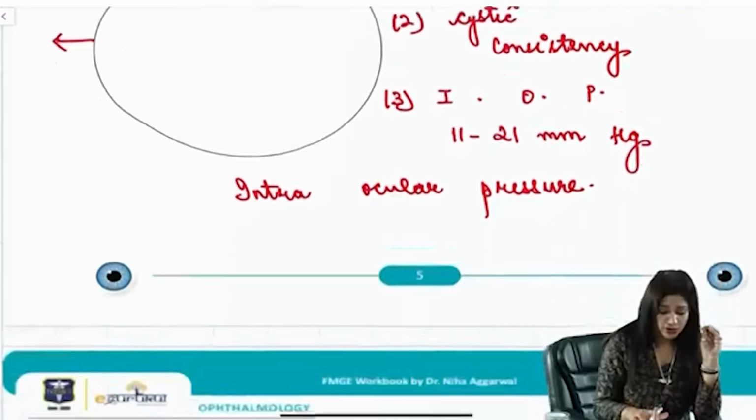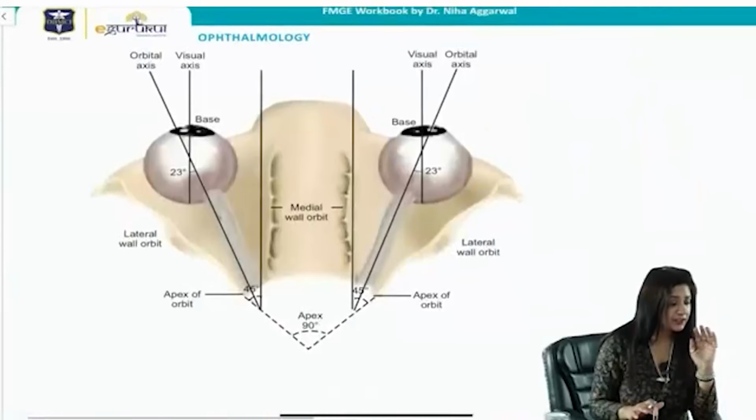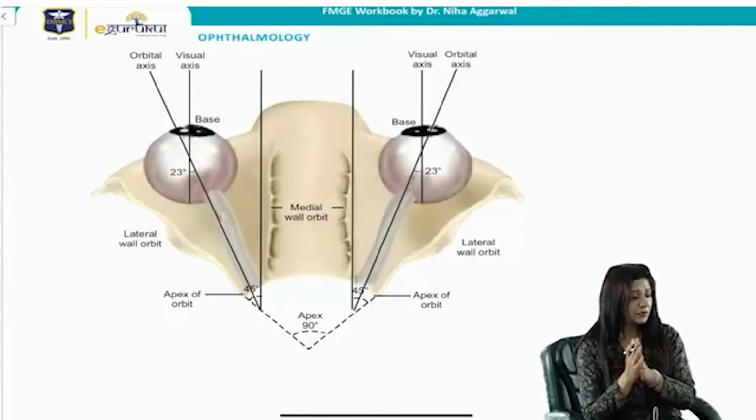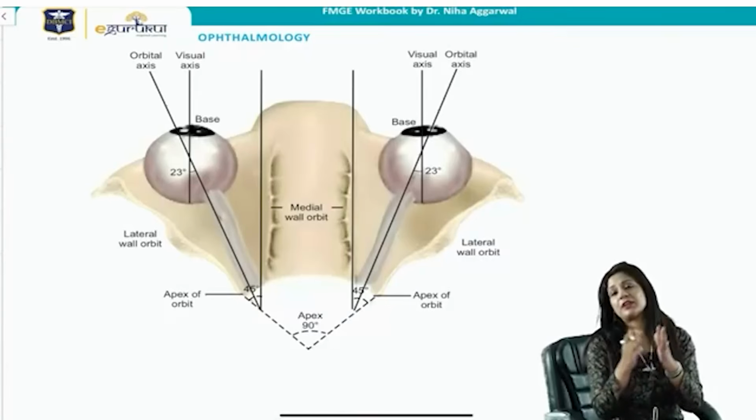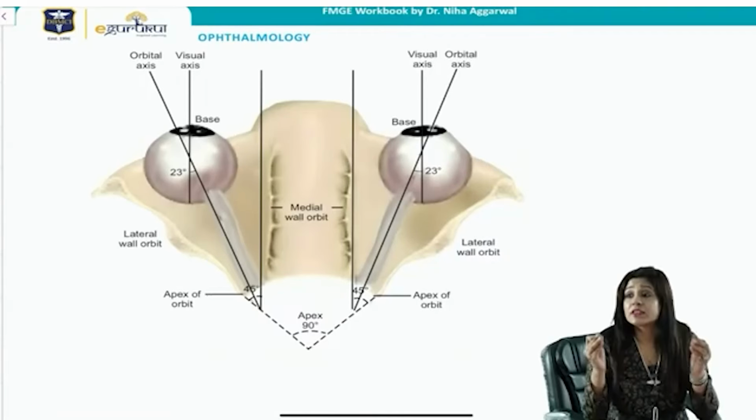Now this eyeball is placed inside the orbit. Next page, look please. If you look at this, we have got the orbit. Now this is